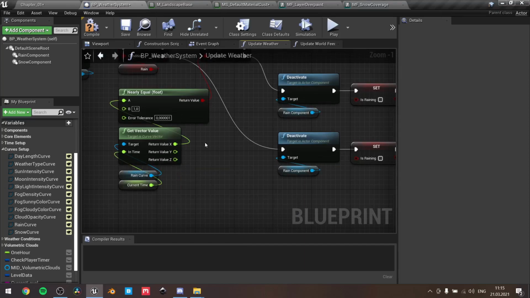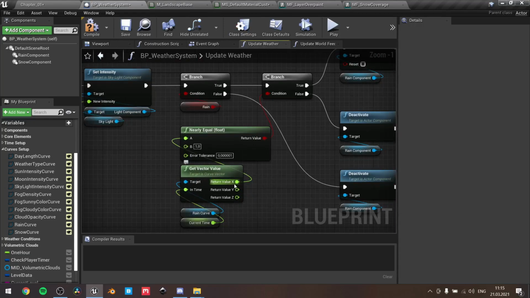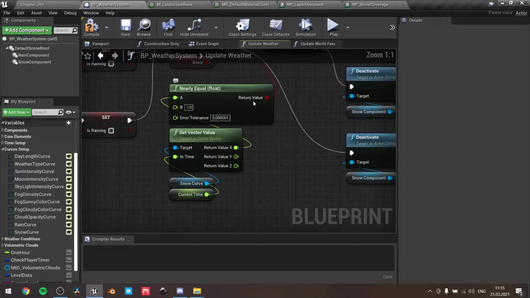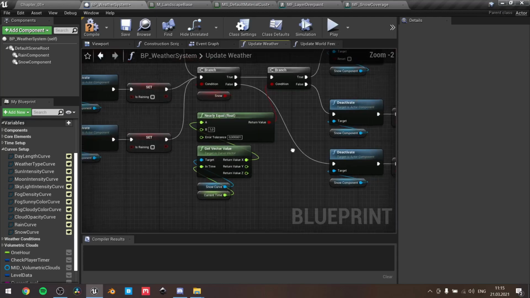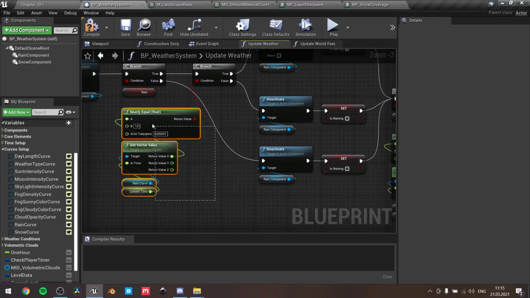Remember that in the update weather function, the x-axis is for defining when rain or snow starts. The y-axis is for leftovers or after effects. When you change it for this type of logic,